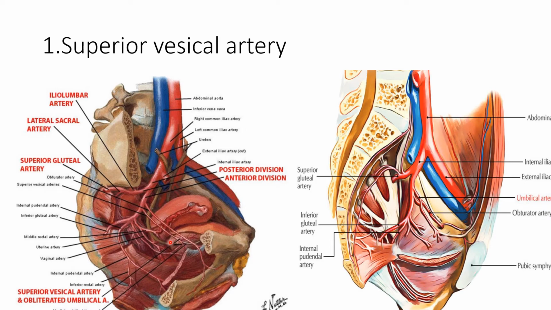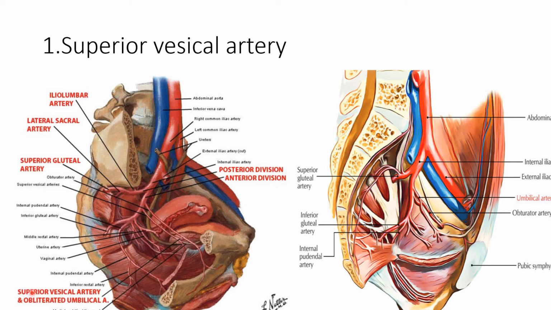The superior vesical artery is derived from the non-obliterated proximal part of the umbilical artery and consists of 2 or 3 vessels which supply the upper surface of the urinary bladder. One vessel accompanies the vas deferens, supplies it, and reaches the testis where it anastomoses with the testicular artery. A few vesical branches supply the terminal part of the ureter. The name vesical artery is given because it supplies the urinary bladder. This is the superior vesical artery.